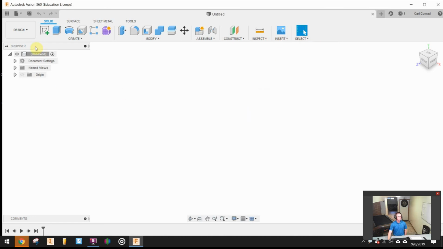Okay, over here, this is called the browser, and this is going to grow in length as we have items there. Down at the bottom, this is called the status bar, and this will sometimes give us directions on what we need to do. And also at the bottom, what we're going to see above this comments is the